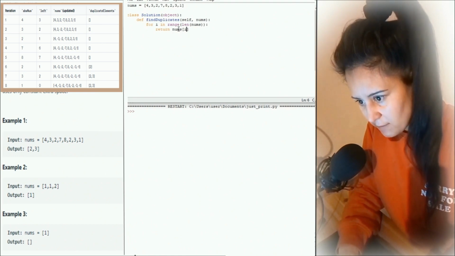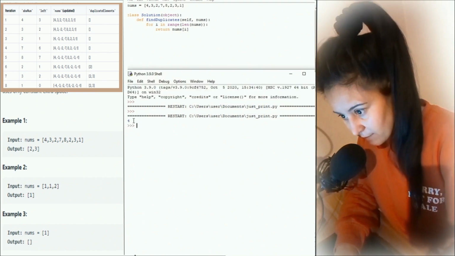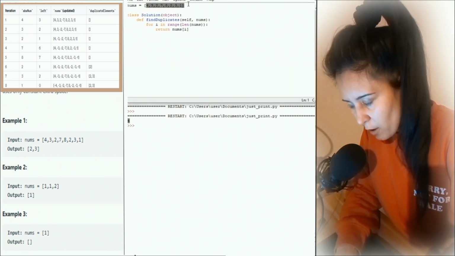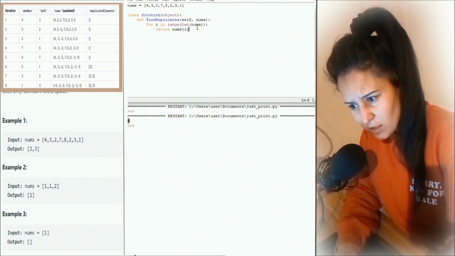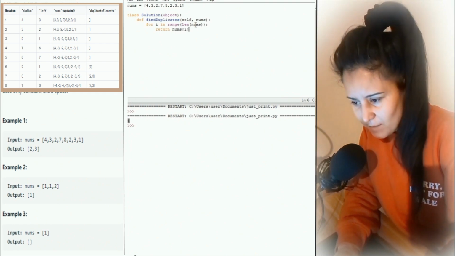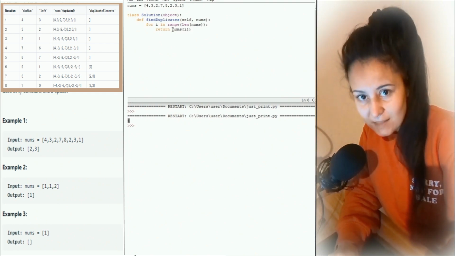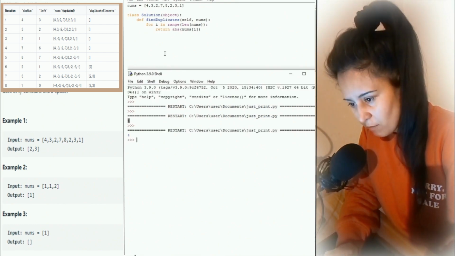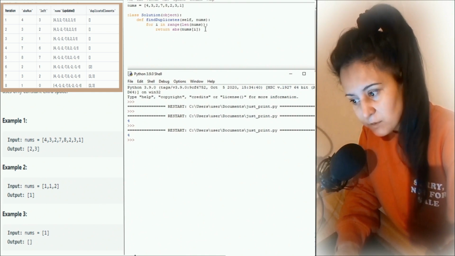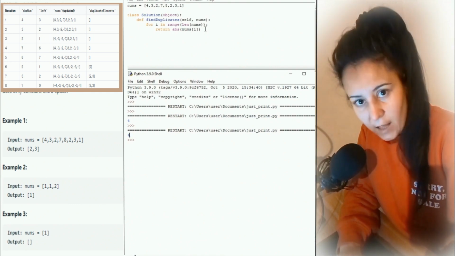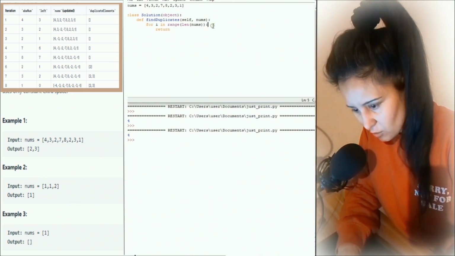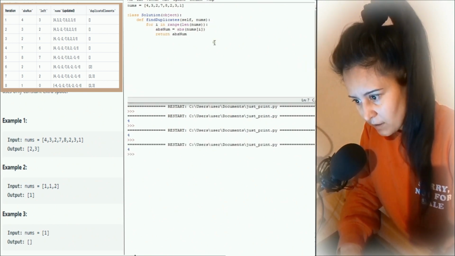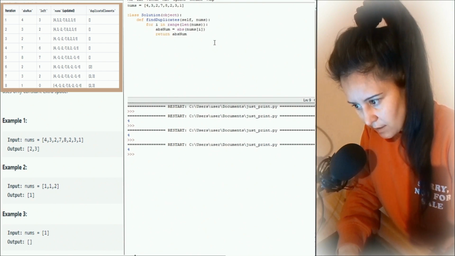the list nums. As we see, it retrieved the first element at index 0, which is 4. We have to handle the case where the element might have been marked as negative. So in this case, we can use the absolute function of Python to calculate the absolute value of the current element. We can store it in the variable abs_num. As we see, it returns the same result,